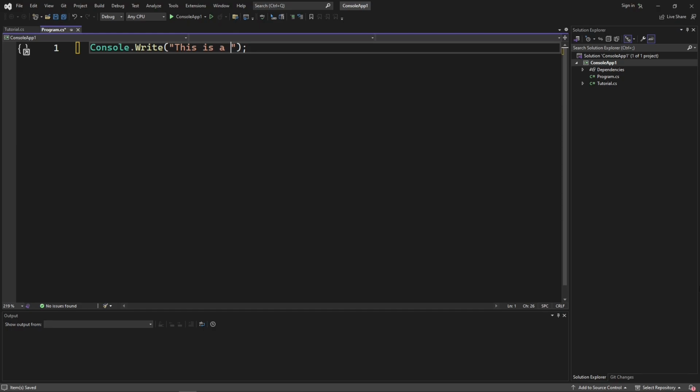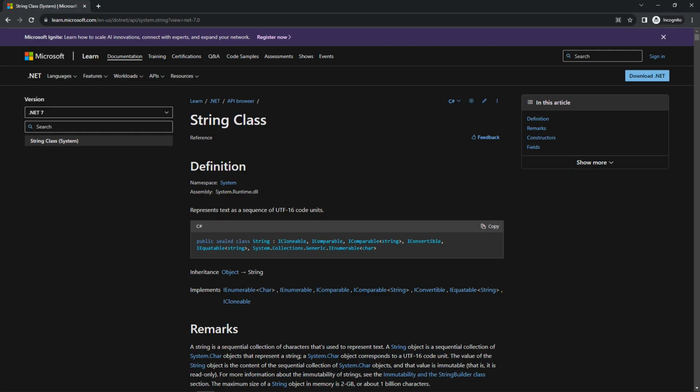To recap, we just used the write function of console, by writing a text or string literal and passing it to it. A string literal, or a string in short, is a collection of characters. Could be numbers, special characters like question marks, or that thing in your email address, and of course letters. When you see a sentence inside a double quote, that's a string. String is used everywhere, in your usernames, passwords, and all that stuff. You can find more info right here in this Microsoft site.